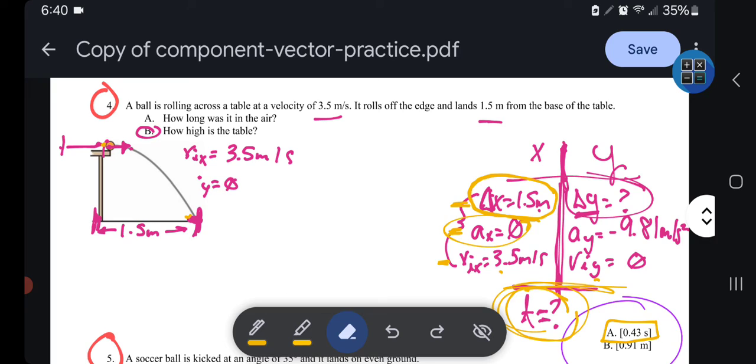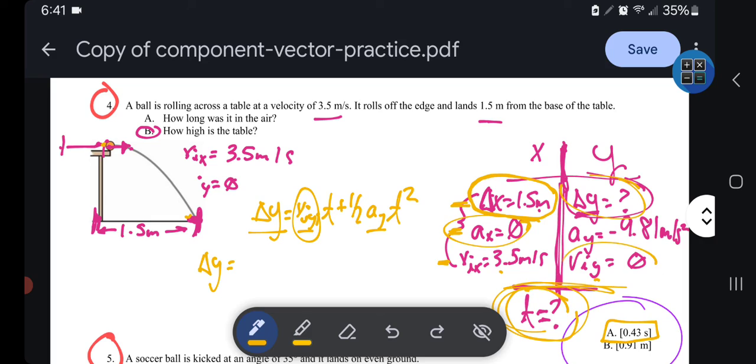Alright, so now I can actually use the kinematic 3, but this time we're going to say delta y is equal to my v initial in my y times time plus 1/2 at squared. Under y value, y value, y value. We cannot have any x values. So my delta y is what I'm solving for, is equal to my velocity initial, my y, is 0. Here it is. So that is going to cross off, because 0 times t gives me 0. 0 plus anything, this becomes irrelevant, is equal to